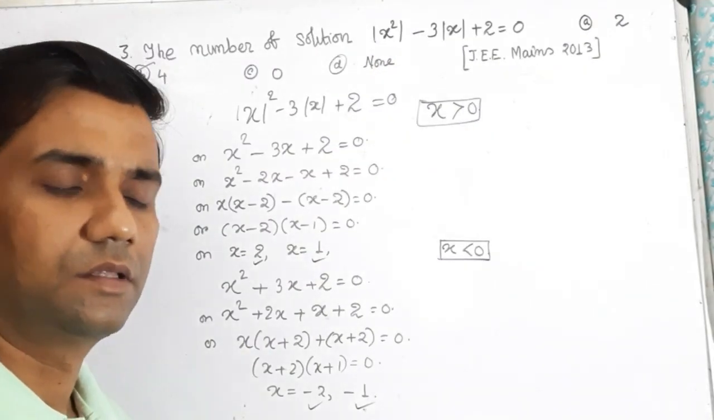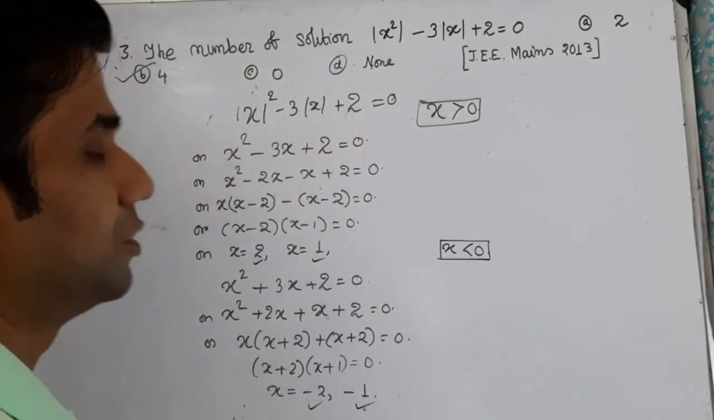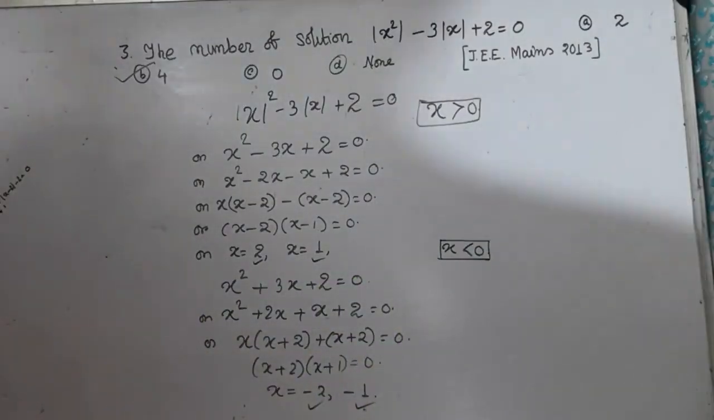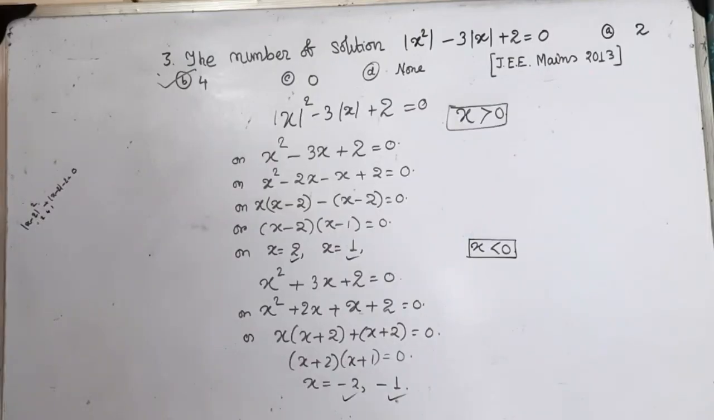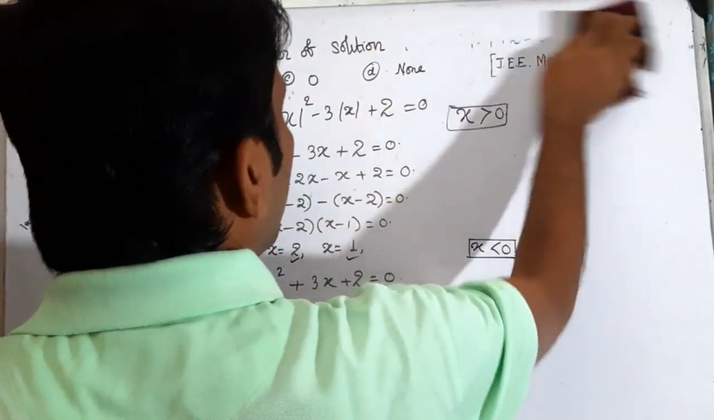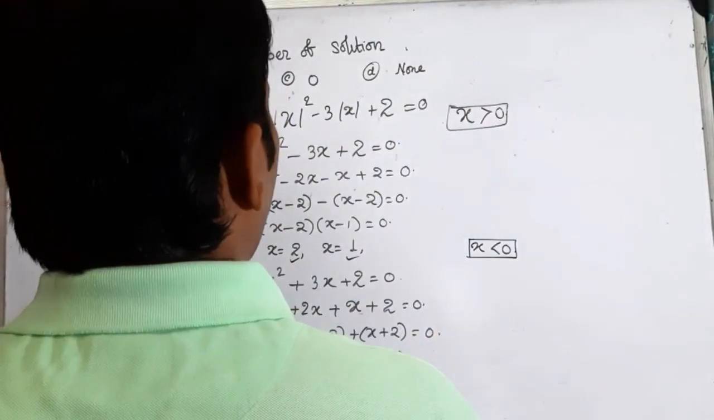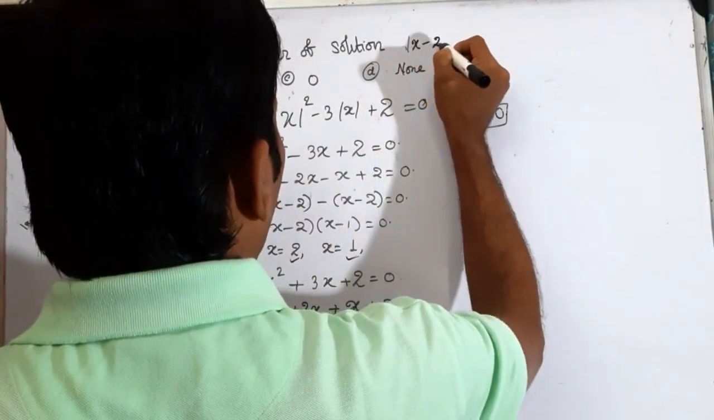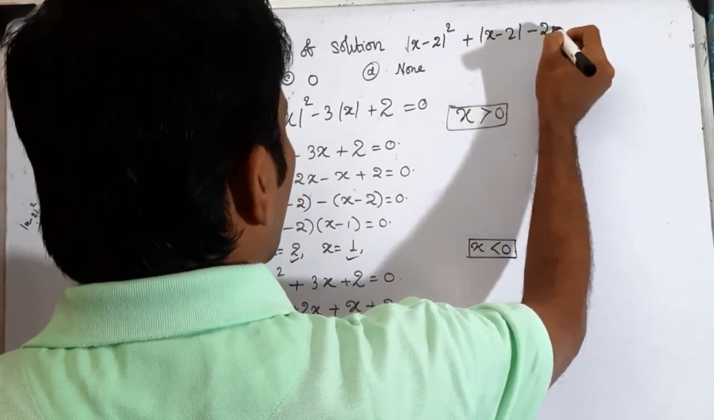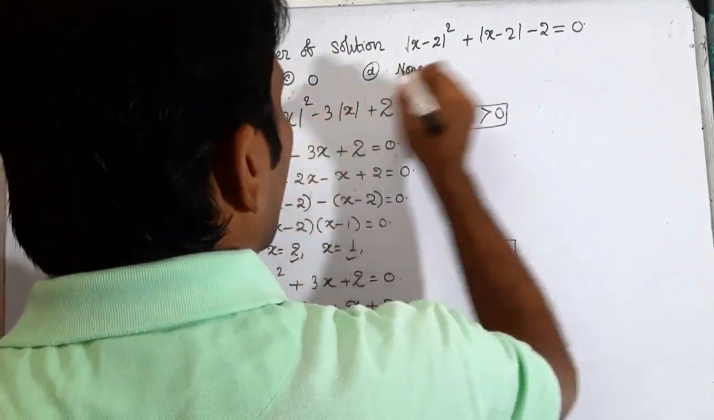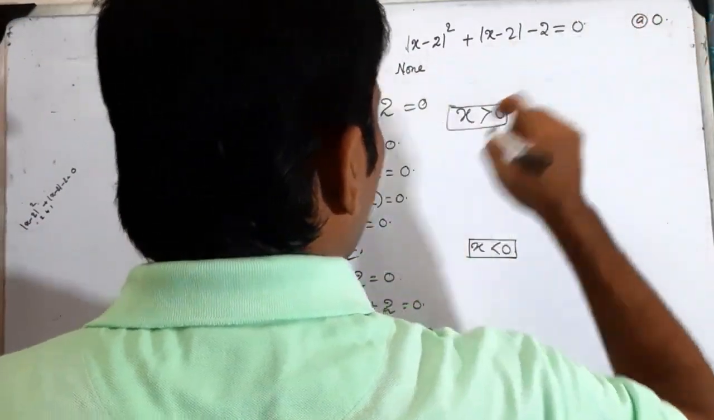Next, the problem is the number of solution of mod of x minus 2 the whole square plus mod of x minus 2 minus 2 is equal to 0. Its solution, A 0,